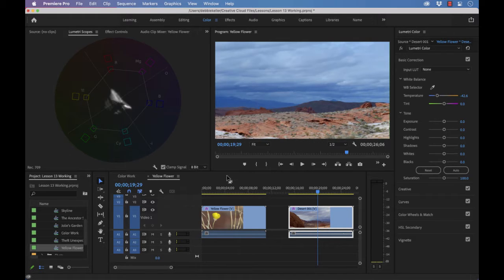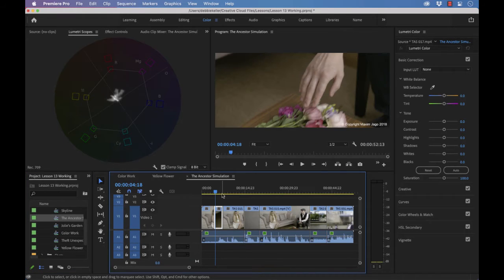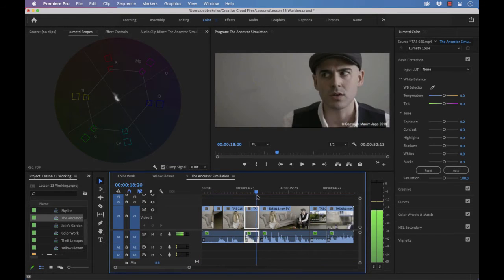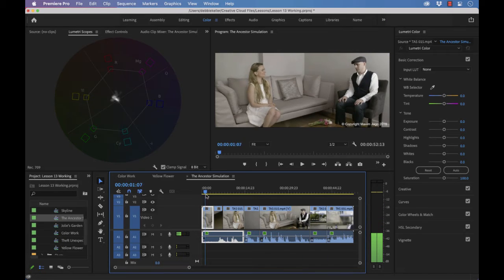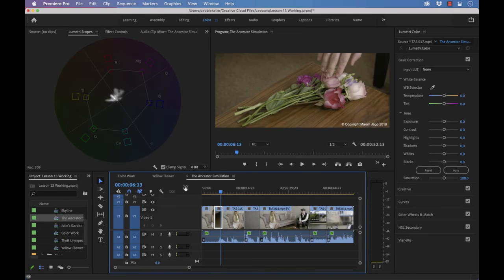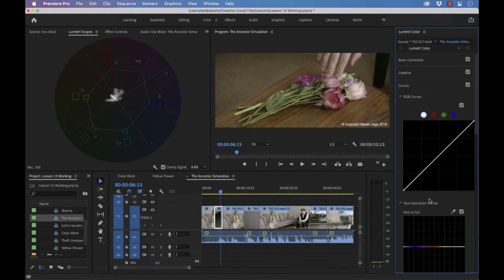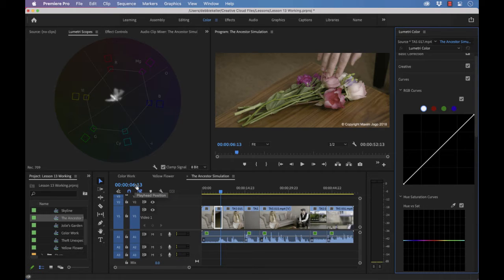Let's try these controls on some clips. Open the sequence, The Ancestor Simulation. Play the sequence to familiarize yourself with the shots. These images have muted colors with some specific regions with distinguishable colors, such as the flowers on the table. Expand the curve section of the Lumetri color panel and position the timeline playhead over the second clip at